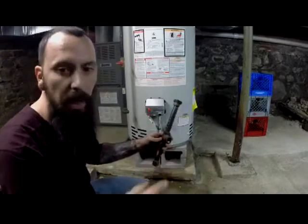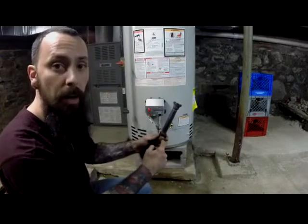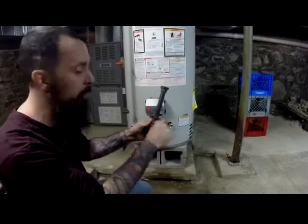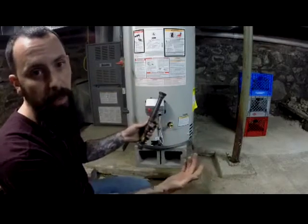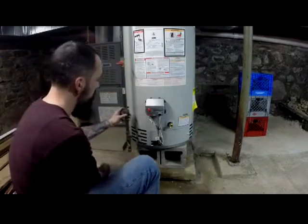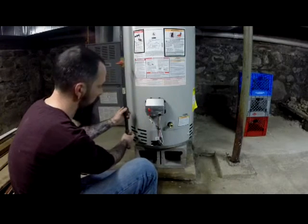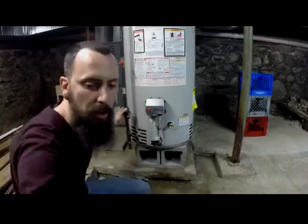Make sure you do not get the joint compound in here, okay? You don't want that joint compound to go in and then harden up and clog the lines, then you're not going to get any gas, okay? So once this is connected to here with the joint compound, okay, then what you're going to do is